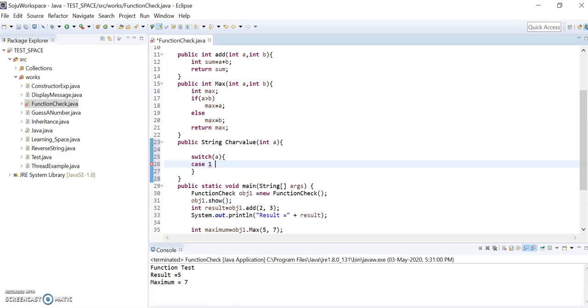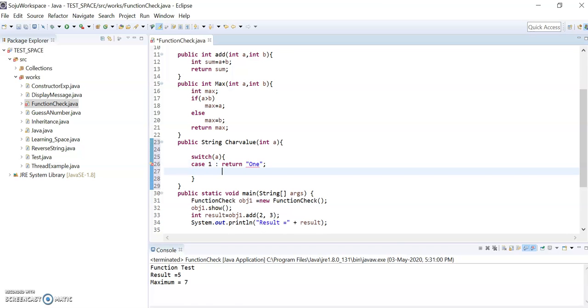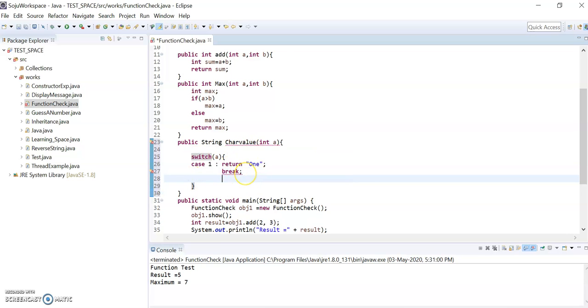Case 1. If it is 1, we can print, or we can return 1. Break. And if it is case 2, or instead of that, we will do one thing.